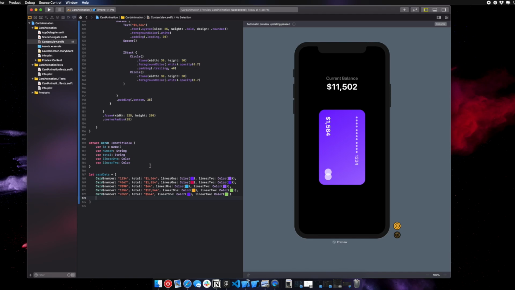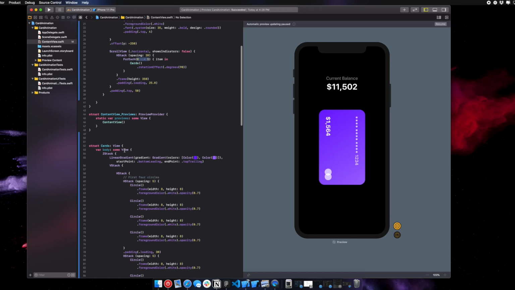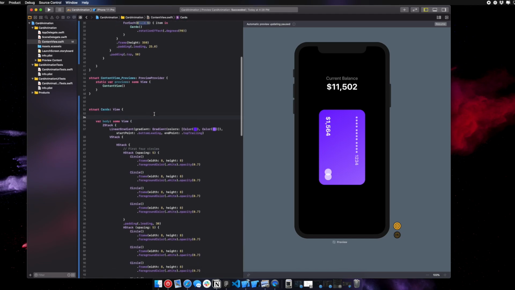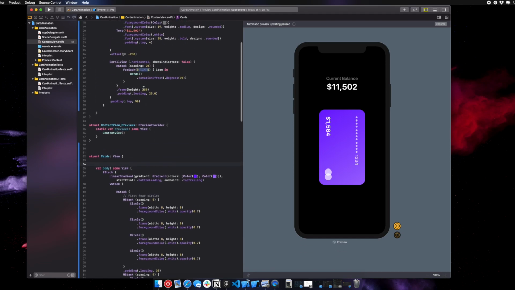Now we're ready to call this in the actual UI, right? So this is how we're going to call it. We have our component down here, which is our card. And this is how we can pass data through here. And the for each will also grab. So we're going to set up so that the for each can grab the data and push it to each individual card pretty much. So to do that, we're going to do var card, and we're going to name this